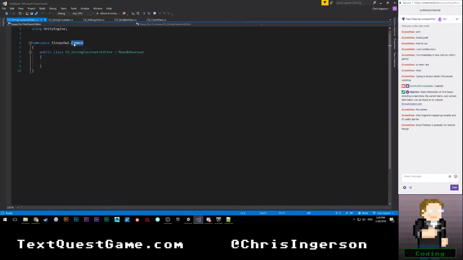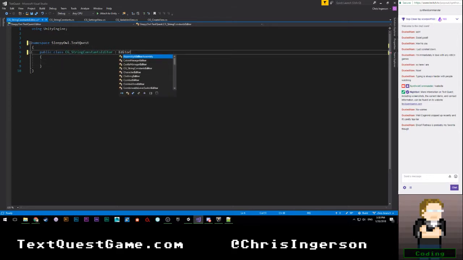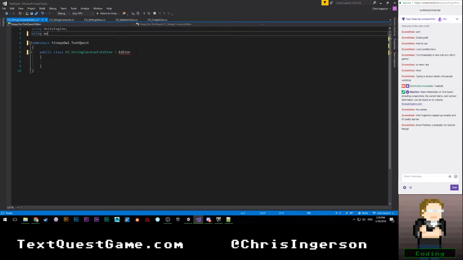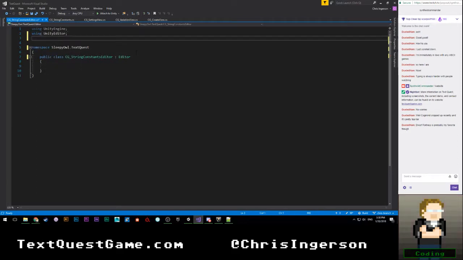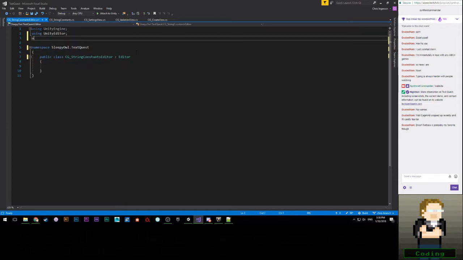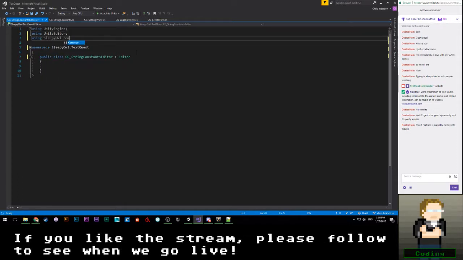Let's go ahead and say text quest. Okay, so this is going to derive from an editor. Let's go ahead and say using Unity editor. And we'll go ahead and say using sleepyowl.common.editor. Editor.